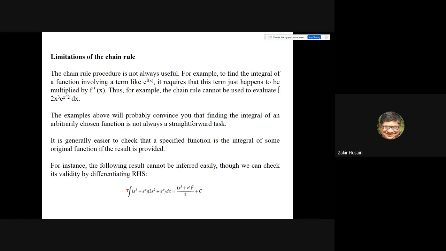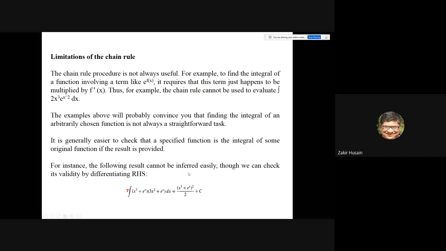If I give you a multiple choice with 4 functions and ask which of them will give you this integral, that is possible to find out. You can just differentiate each of the functions and see in which case it matches the integral. But if I ask you to go from the integral to the function, it may be quite complex.